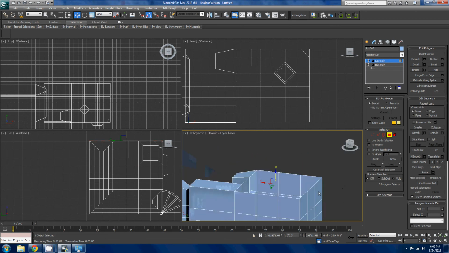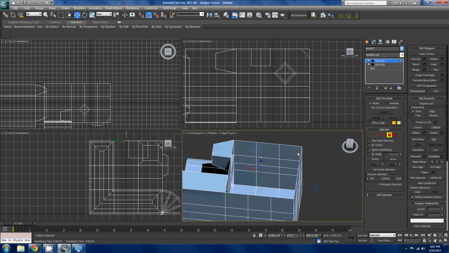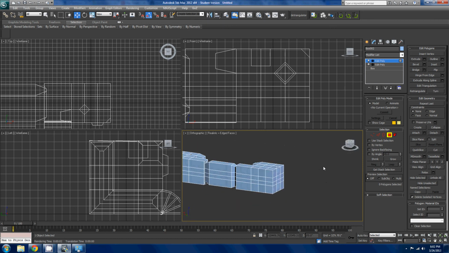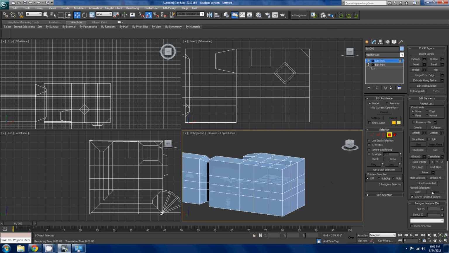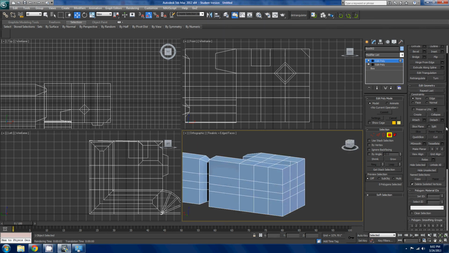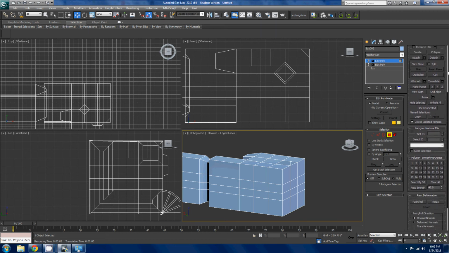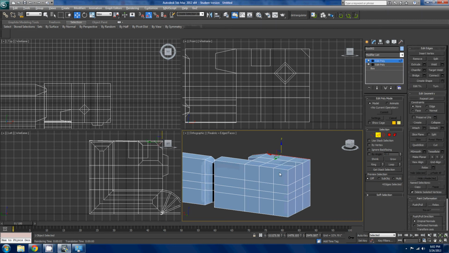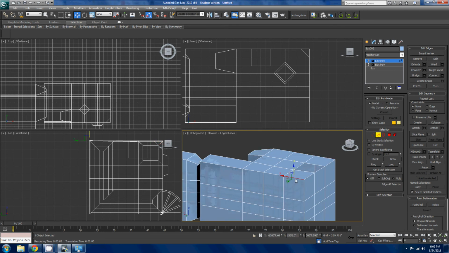If you want to just hide your polygons but not delete them, you can do that. Unhide all. Hide unselected. Whatever. Very useful. Not sure how to work that, but I'm sure it's very useful because it looks very useful. Let's go to edges. A lot of this is very simple, and you can probably figure it out, but